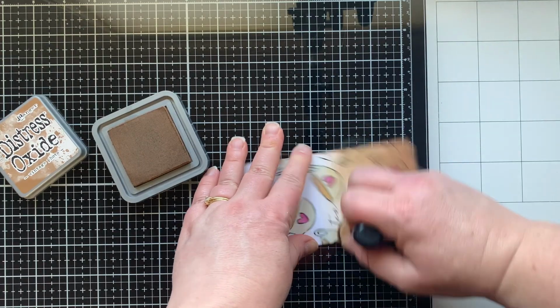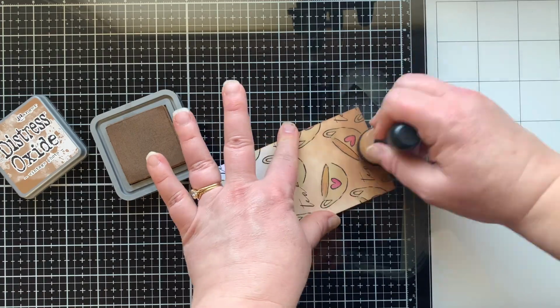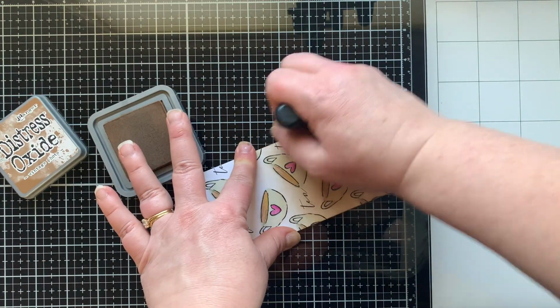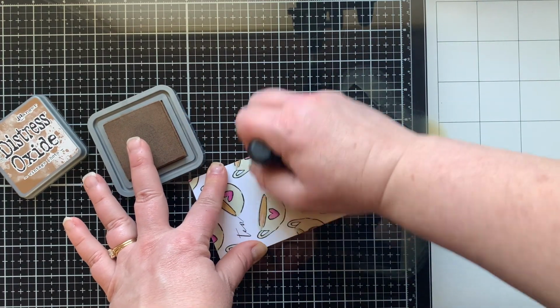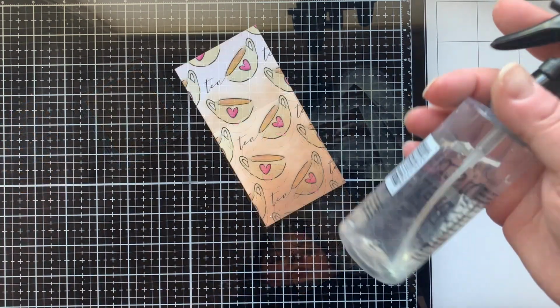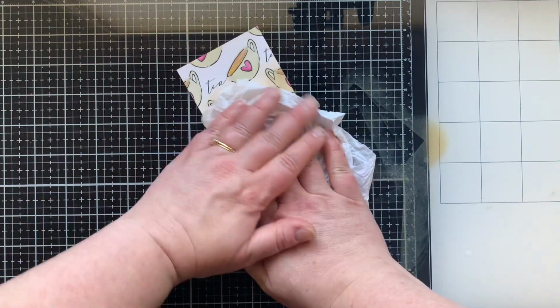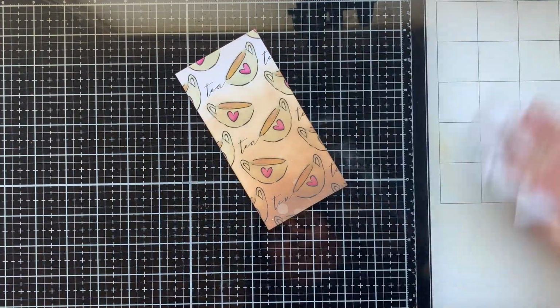I'm going to have it be darker at the bottom and get lighter as it goes to the top. I just really felt like this was a good color for a cup of tea. I really thought about using tea stain though, but for this paper, this is the color that worked best. So then I'm going to go ahead and splatter that or spray it with water to get some splatters, because